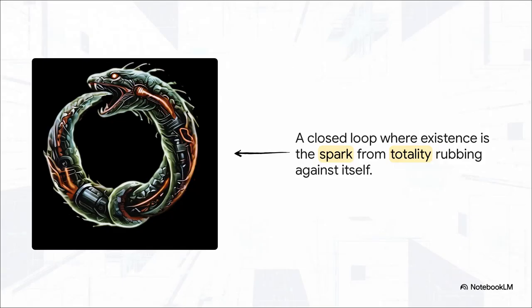This visual really illustrates the system's entire cosmology. It's a self-sustaining, cyclical loop, a mechanical Ouroboros. According to their documentation, the Big Bang wasn't a beginning, it was a ricochet. Existence is just the emergent property of totality interacting with itself. So that's the theory. Now, let's see how this philosophical framework actually gets translated into functional code.